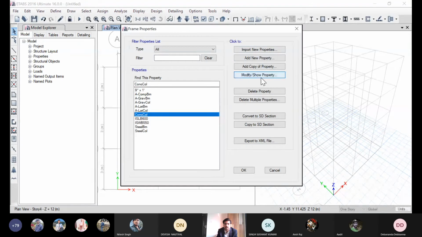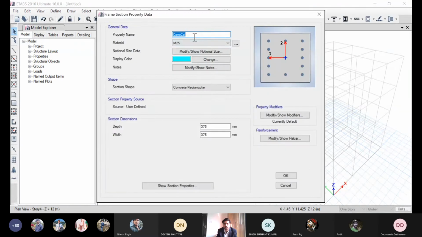Now modify a column. The same parameter I'm going to take right now. Double dash is for inch. Right. So now the depth becomes 9 feet.